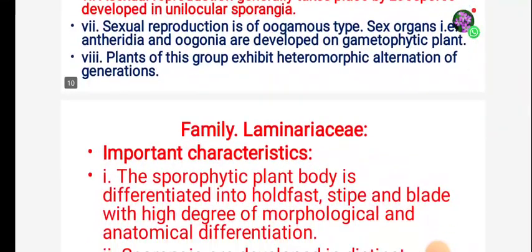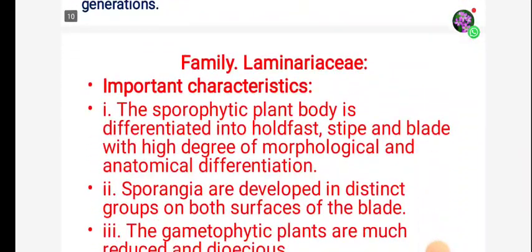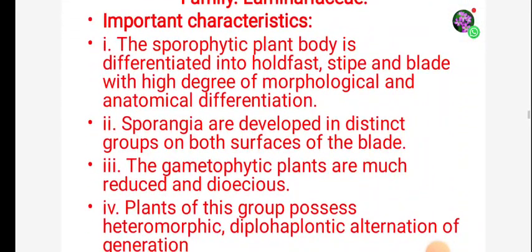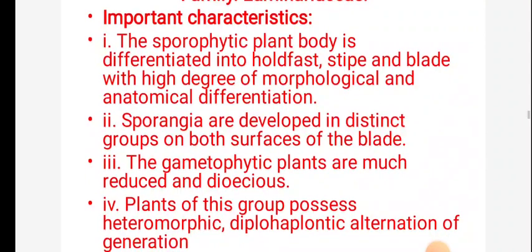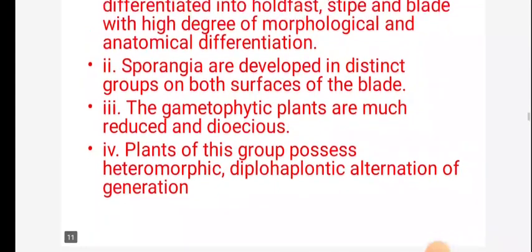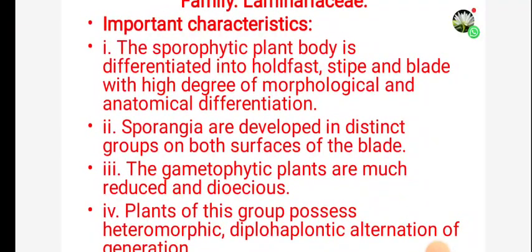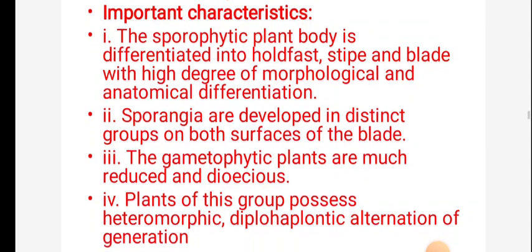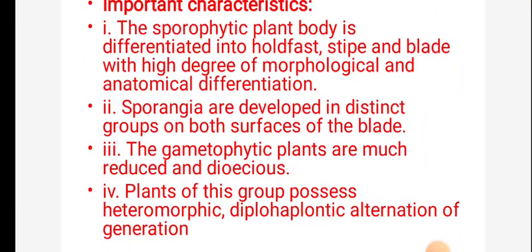Then in the family Laminariaceae, the main characters are the same: the sporophytic plant body is differentiated into holdfast, stipe, and blade, with a degree of morphological and anatomical differentiation. The sporangia develop in distinct groups on both surfaces of the blade. The gametophytic plant is reduced, which is dioecious, and the